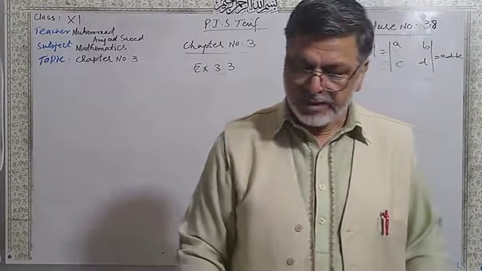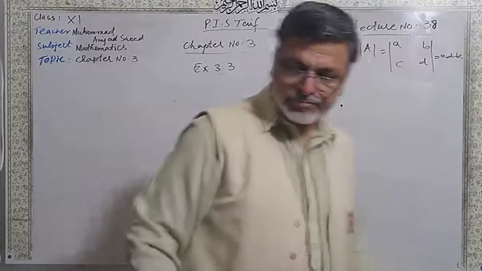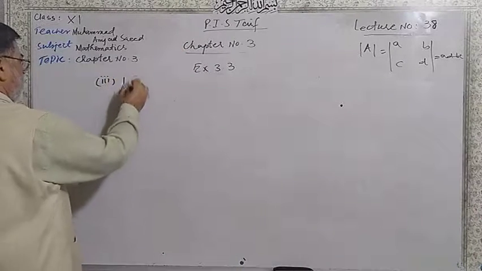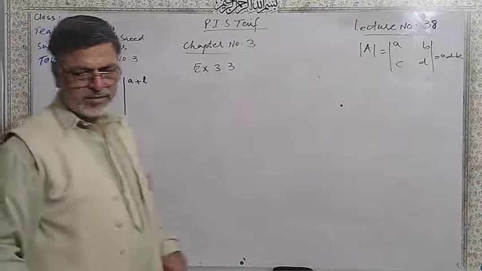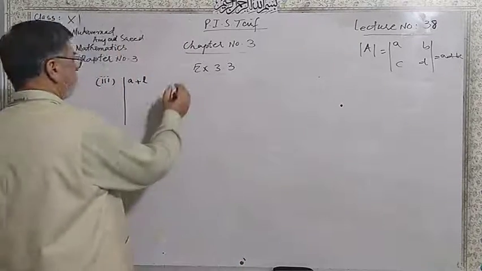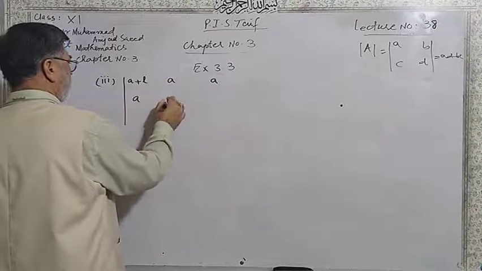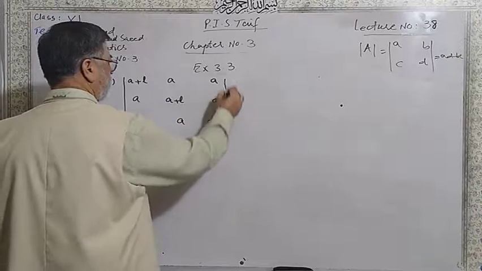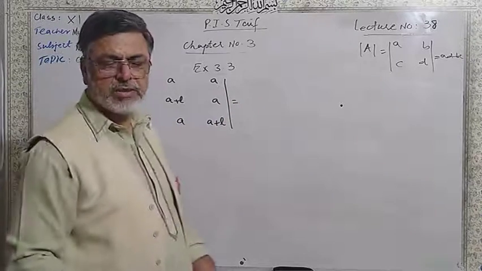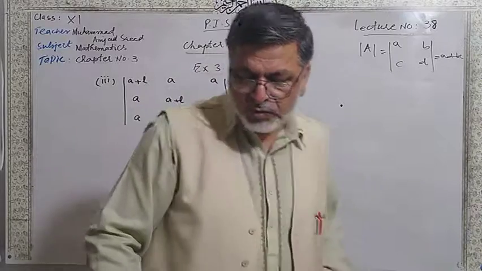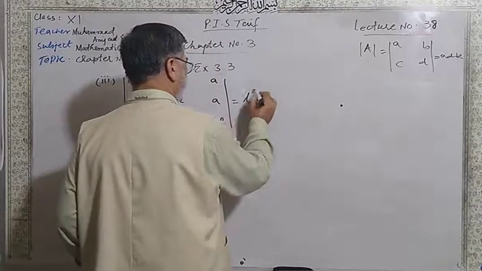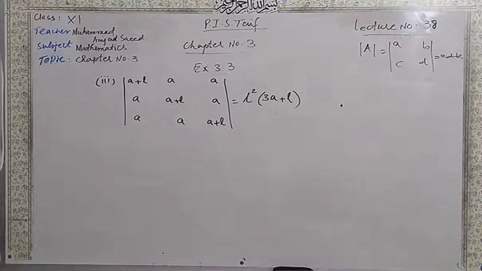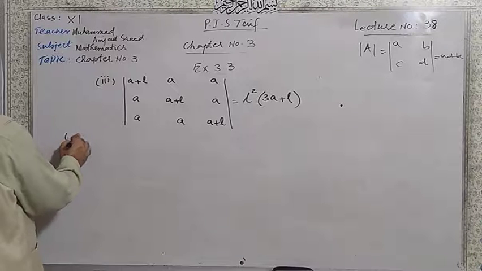Here we have part number 3. A plus L, A, A; A, A plus L, A; A, A, A plus L. Determinant is equal to L square into 3A plus L. We have to prove that left hand side is equal to right hand side. Now taking left hand side,